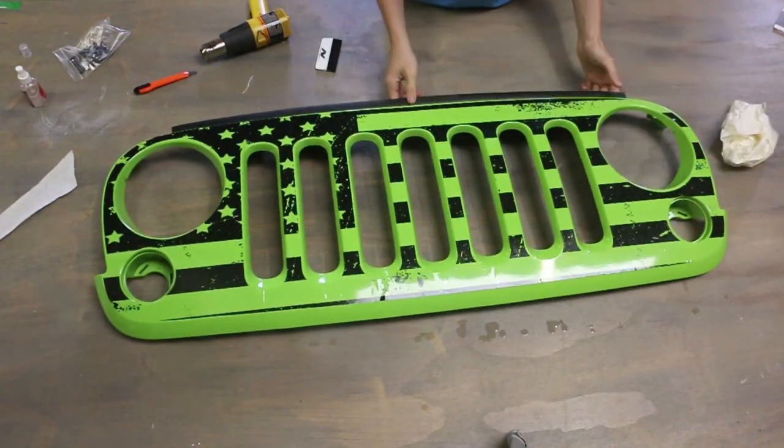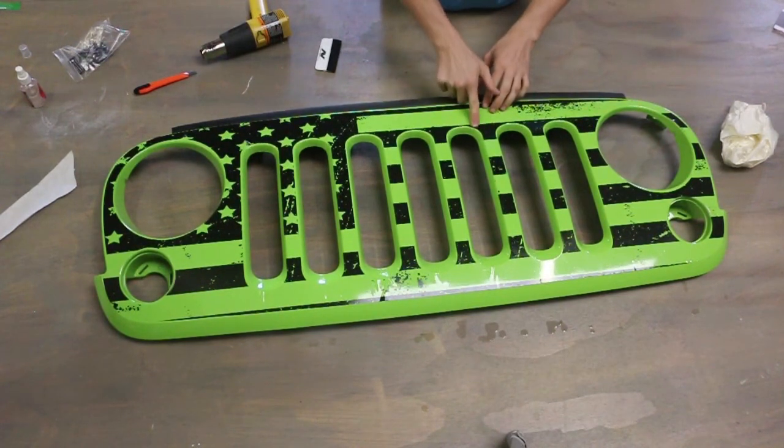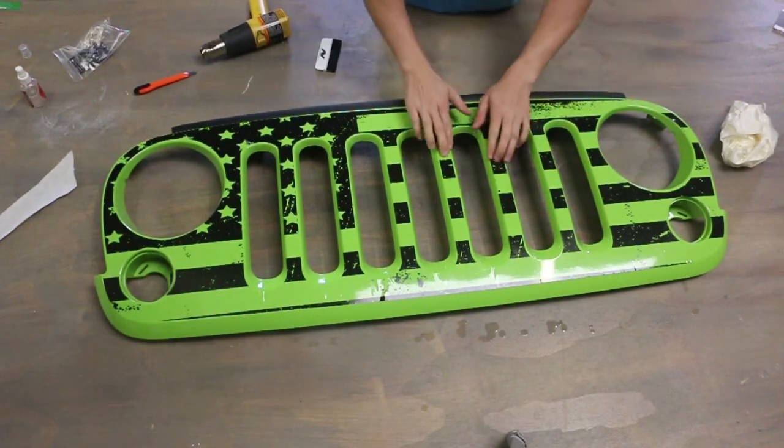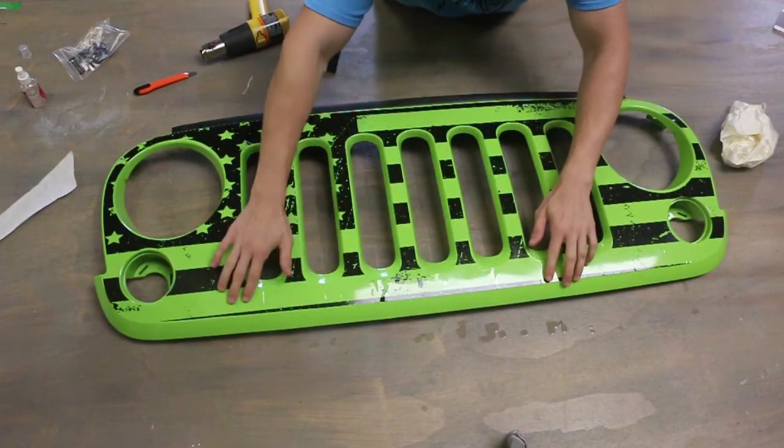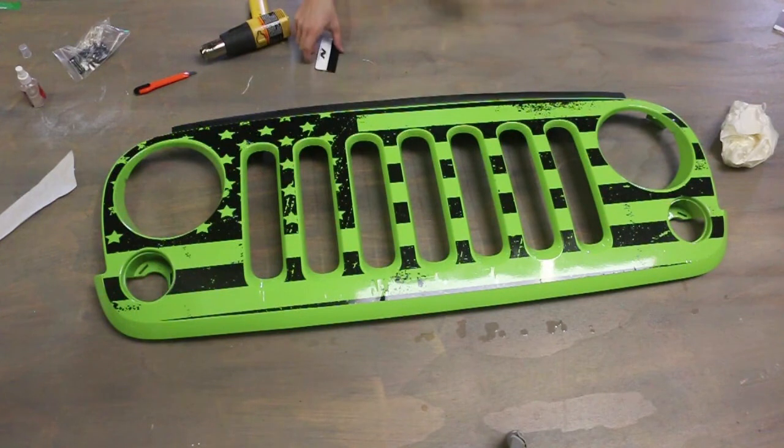And you can kind of see there's areas where there's still water under there, like, there'll be edges that kind of just lift up a little bit here and there. You can kind of see along the bottom here, there's still some water there. Probably just didn't give it enough time, but